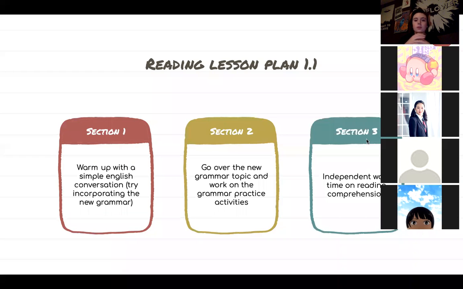Yeah, okay, so the leading reading lesson plan for this presentation. So the first section is warm up with simple English conversation. So just the usual, how you would enter